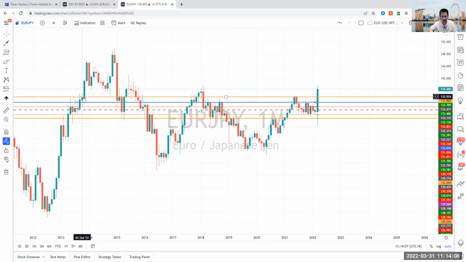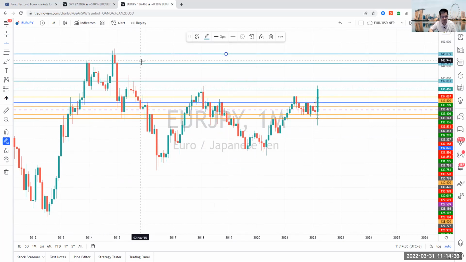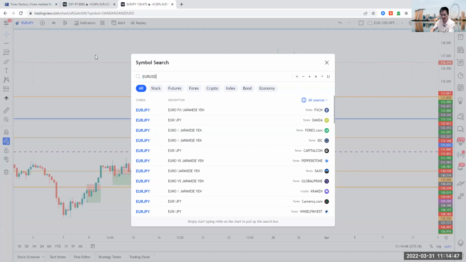What we're anticipating here is that if it can close quite strongly, especially on this monthly time frame, we can see it move up quite significantly upwards towards, I'll put in the lines there. First level would be 139, and then again at 144, and then finally at 148. A lot of upside here for the euro yen, but the way the euro yen is going to move is going to be highly dependent on how the euro dollar moves.